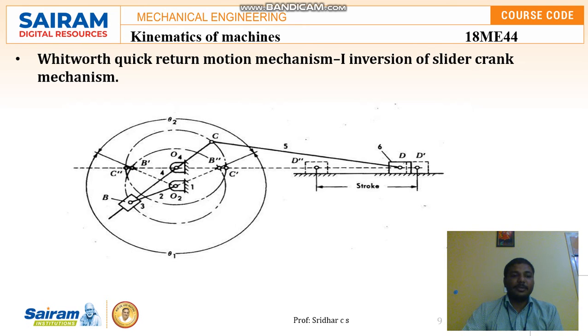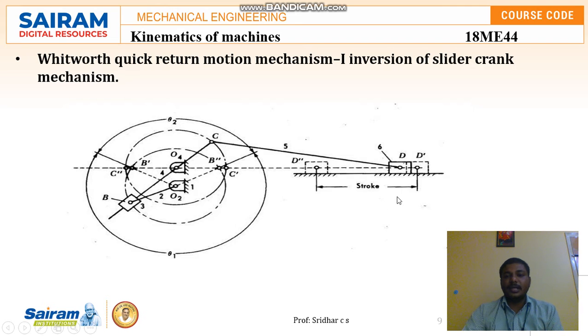Similarly, what happens at position B? The link starts moving with respect to B, from B dash to B double dash. Here the link moves from B1 to O2 to B double dash.